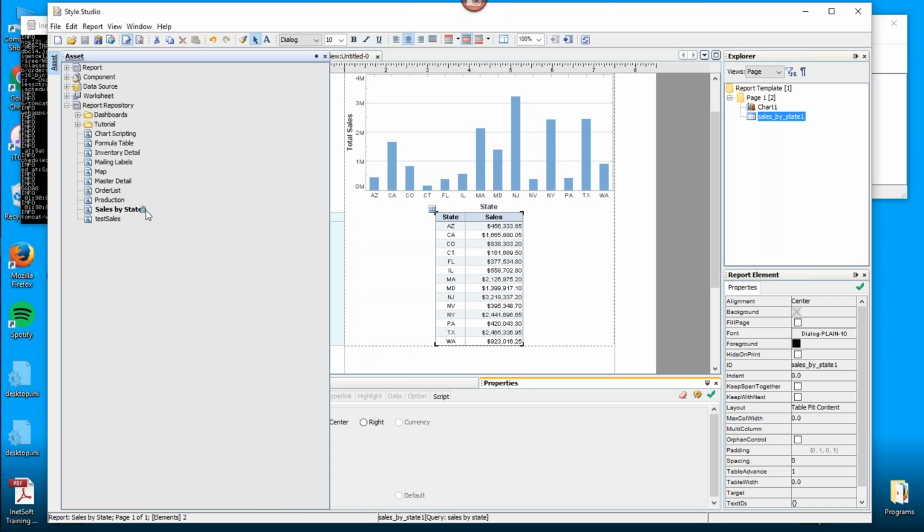It's shown with a lock icon because I still have it open in Style Studio. In general, when you're working in Style Studio, when somebody has an asset open, not only a report but a data source or any other type of thing that you can do in Style Studio, whenever it's open for editing, it will always show with a lock symbol. That is basically to prevent another developer from simultaneously trying to edit